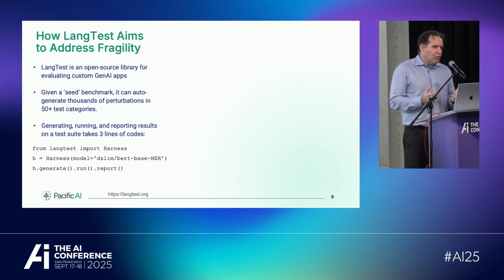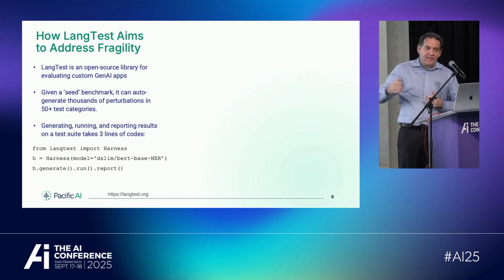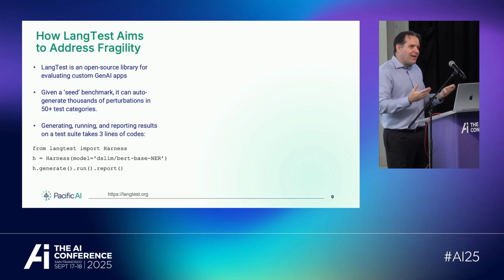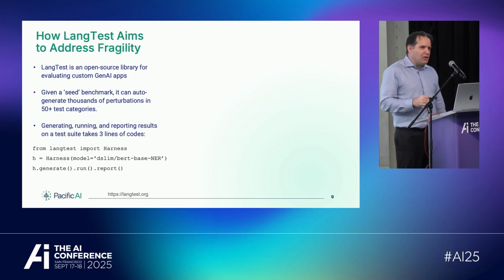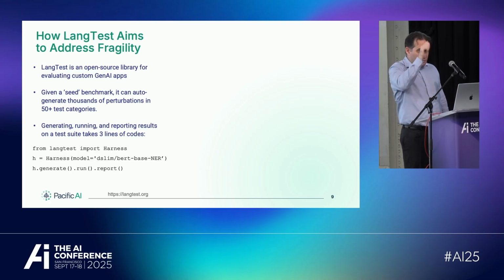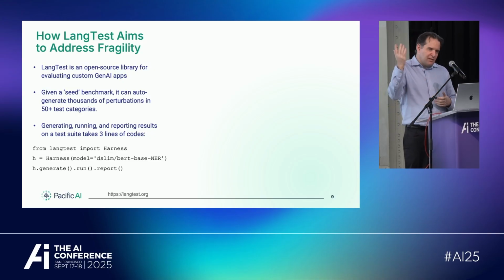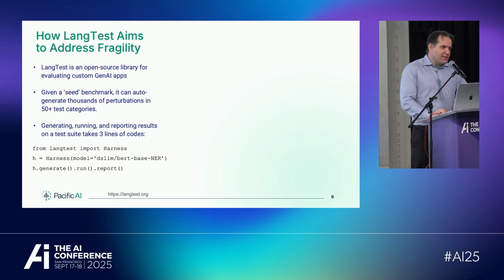So what you do about it, if you really care about testing your own models, is you need to generate tests with permutations. This is what the LangTest open source library does. You give it a test of, here are 500 questions of a data set, please take those and generate 5,000 other examples. Replace the order of sentences. Replace synonyms. Add a typo. If it says 2, change it to the word two. Change US English to British English. Add a mistake. Add something that's completely unrelated. Add a hashtag. And rerun the test.